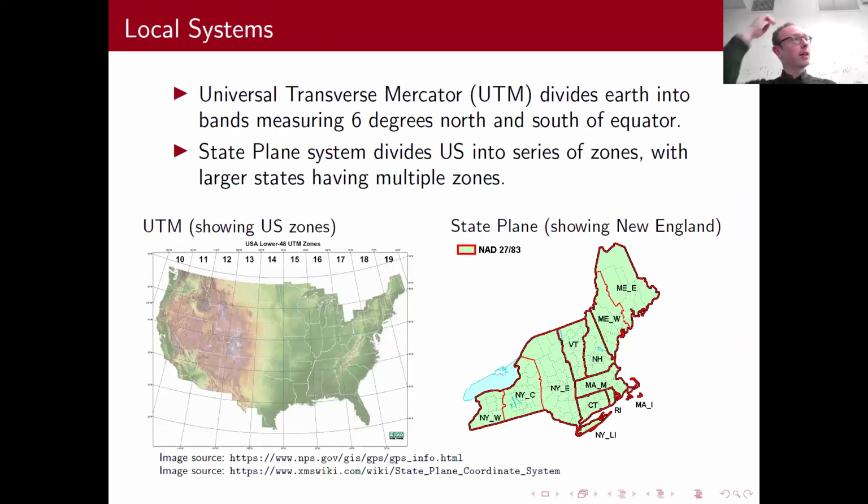Zoom in even closer and things get even simpler. So we have systems that are designed for, in this case, the example of mapping Rhode Island. In the United States, there's something called the state plane system, where each state has ideal map projections for that state. Little states like Rhode Island just have one system. Bigger states like New York are divided up into 4 different zones. And based on where you're making your map, you can basically just choose the system that captures the area